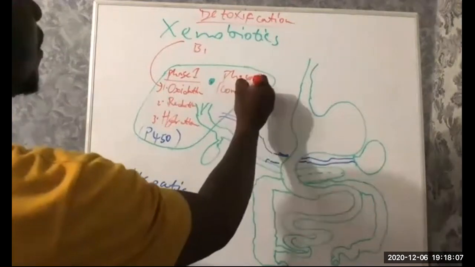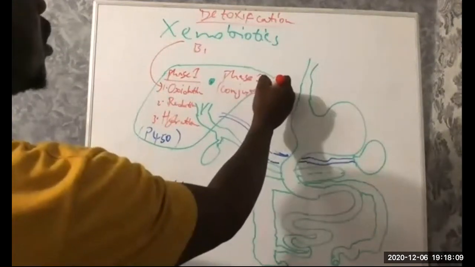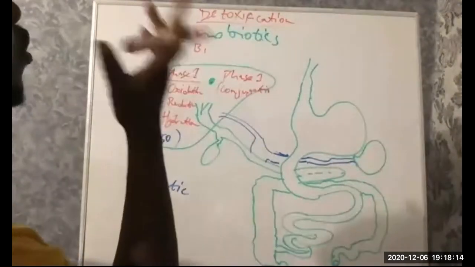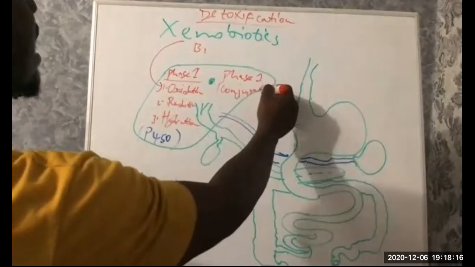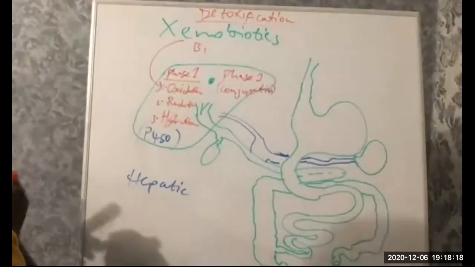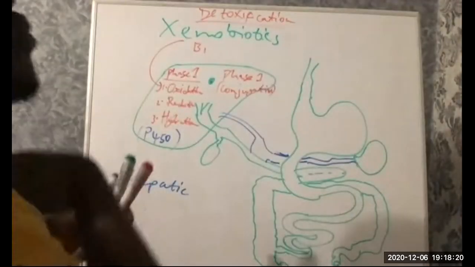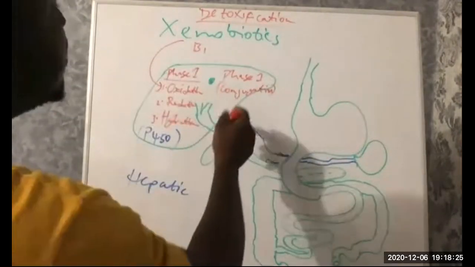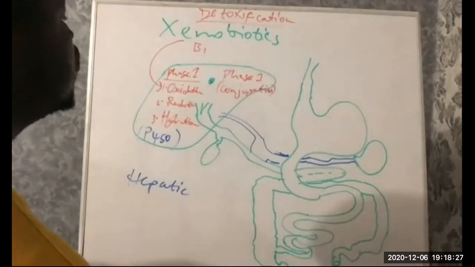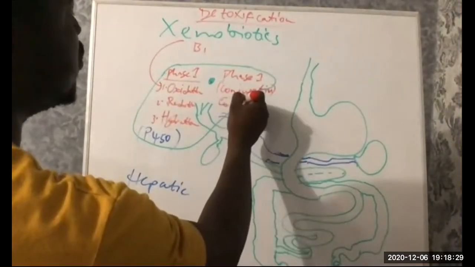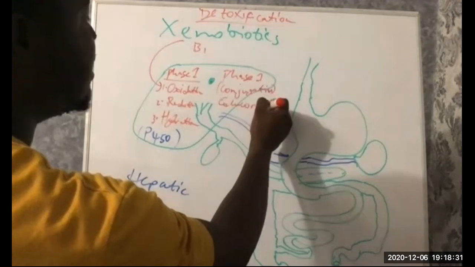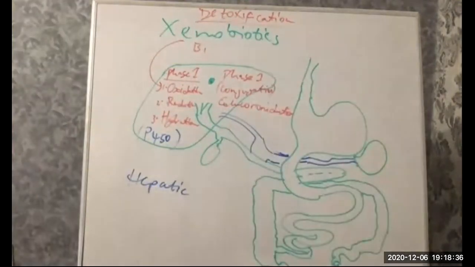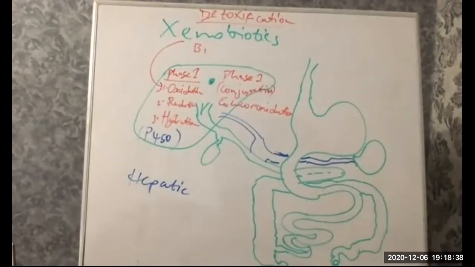Now remember, it is not only the food or drugs that we've ingested that undergo detoxification. Even some of the products that we produce by ourselves undergo this process. So in phase 2, conjugation will occur. Remember we talked about glucuronidation, where you have glucuronic acid binding to